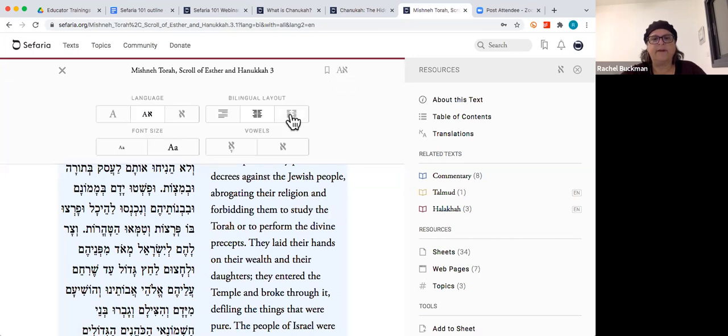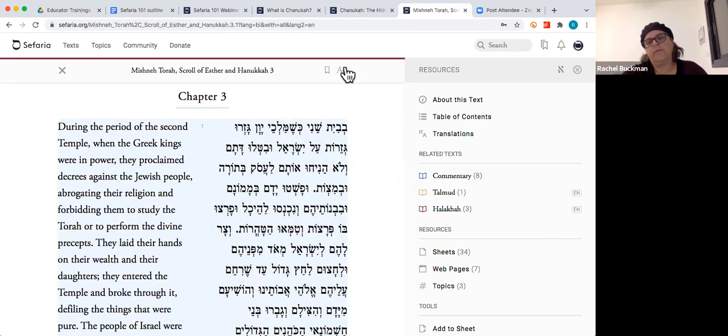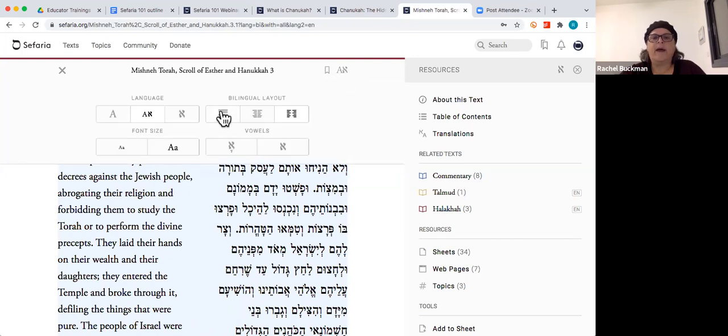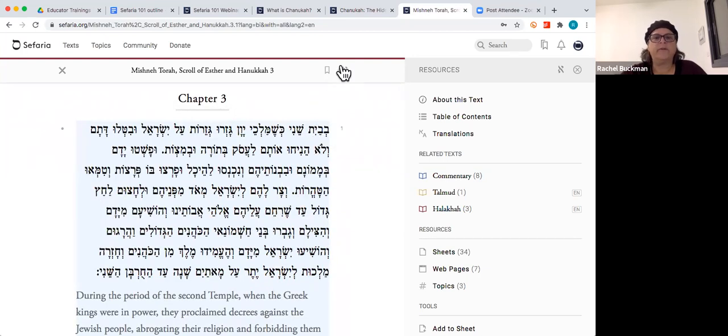It's just the Aleph button. I can switch it, put Hebrew on the right, English on the left, however it is you like it. If you'd like to view it with vowels or without vowels,